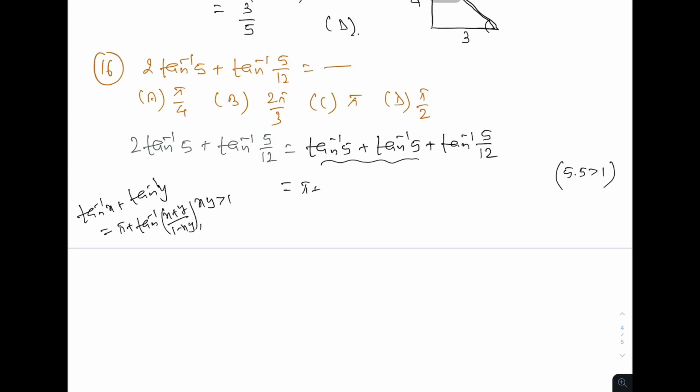So we write pi plus tan inverse 5 plus 5 upon 1 minus 5 into 5